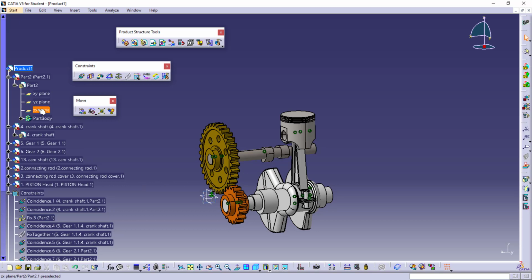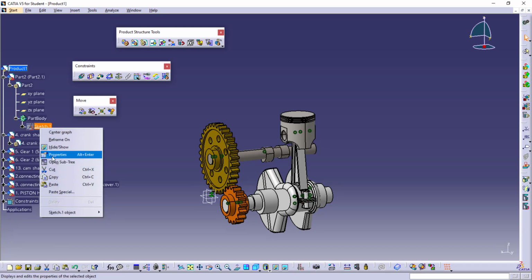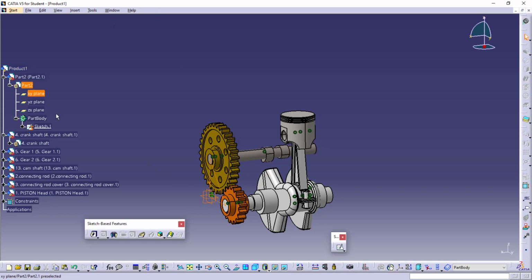Well, to place the next components, I need the references. So for that, what I can do is I can use the top-down assembly approach here. So I'll create some references, or you can create the components as well in the top-down assembly approach. So I need to align the rocker arms, and also let me just hide the sketch, and yeah, so I'll simply double click on this to activate the part design workbench. So here only